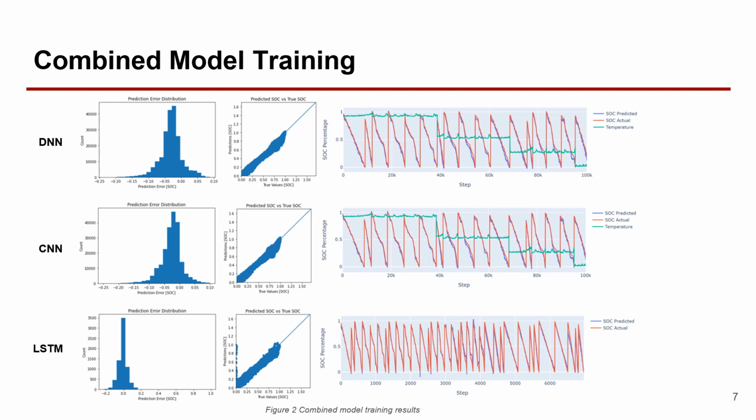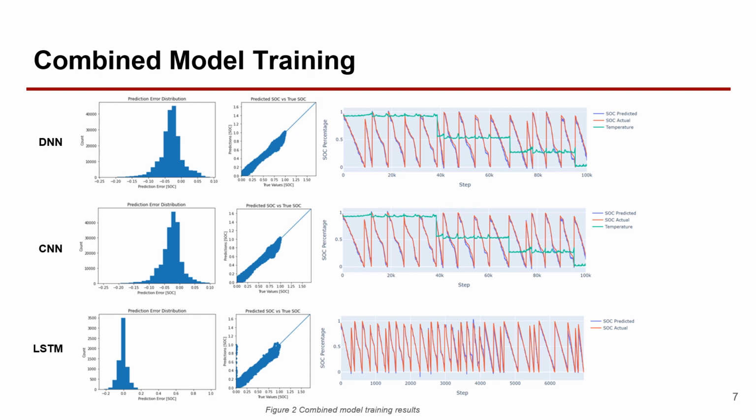As we mentioned earlier, one of the main objectives with this project was to train a combined model, which basically combines the LG and Panasonic datasets and then trains models based on those. So the figure here shows results from training the DNN, CNN, and LSTM models using that combined dataset. Now for both the DNN and CNN, the prediction error distribution is between minus 0.1 and 0.05. And for both these models, as you can see from the last figure for the DNN and CNN, the SOC prediction very closely follows the true SOC values all the way from 25 degrees Celsius to minus 10